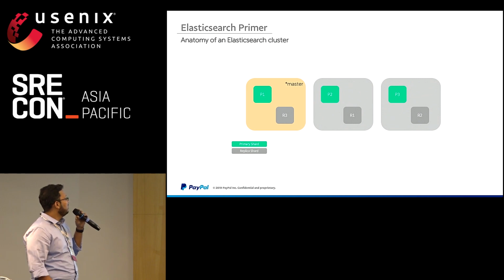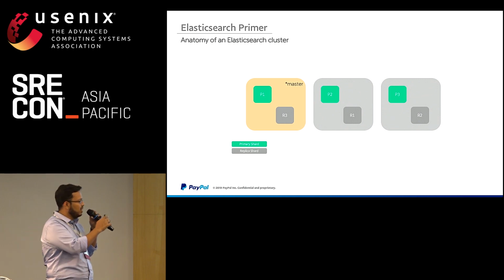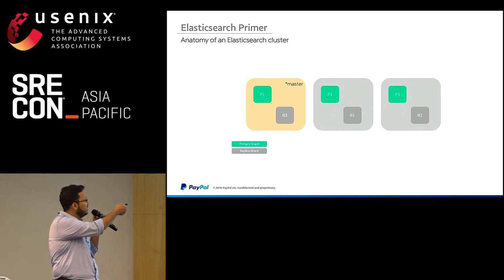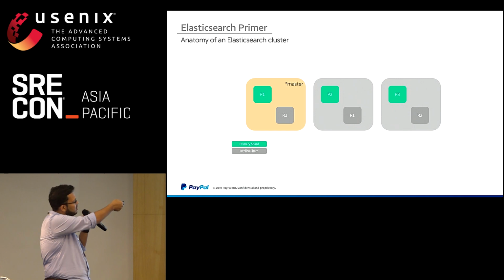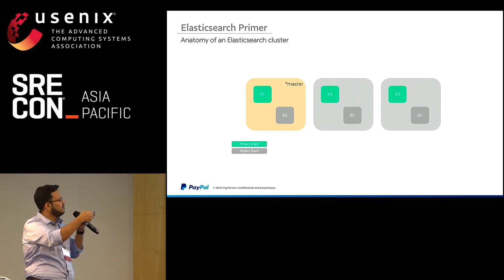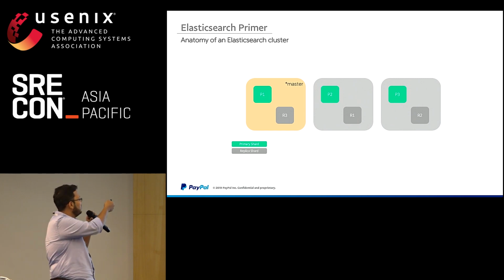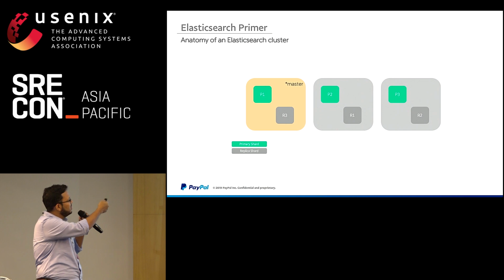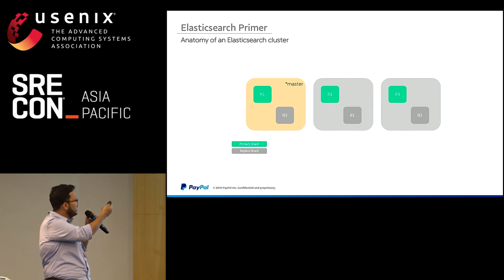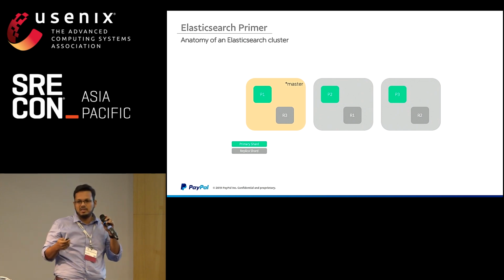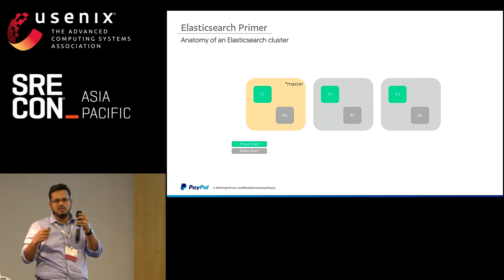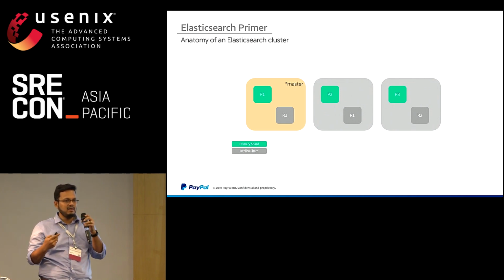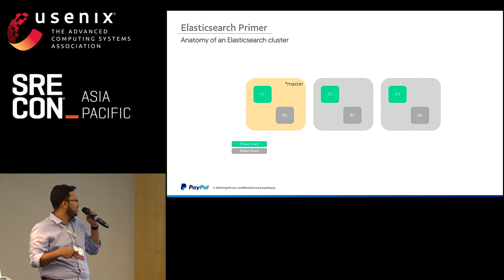Let's quickly look at some other terms and then go through it pictorially. So this is a sample use case. You have a 3-node cluster. The individual boxes, consider them as Elastic nodes. Like we said, the data is divided into shards. So each of those nodes has a certain set of shards. The green boxes are what we call the primary shards, which is the first place where the data gets written. The gray boxes are replica shards.